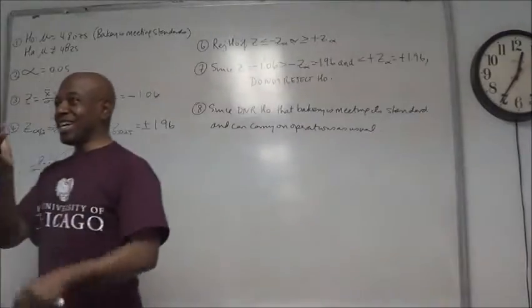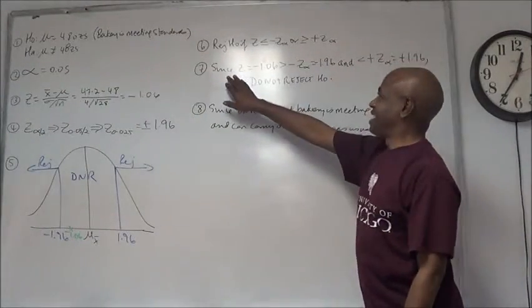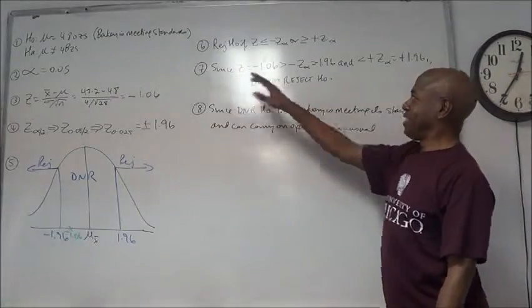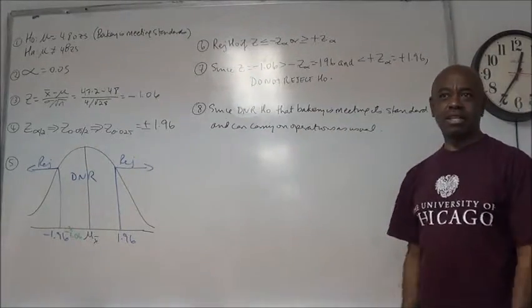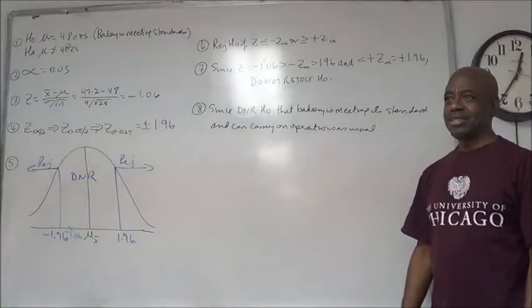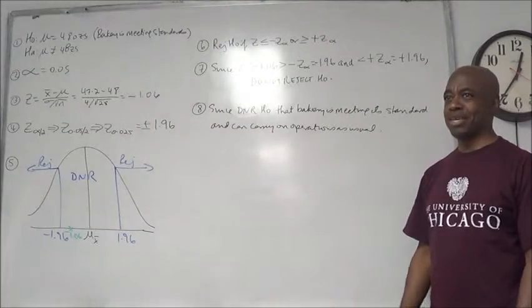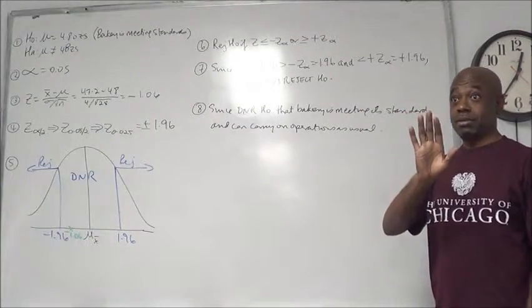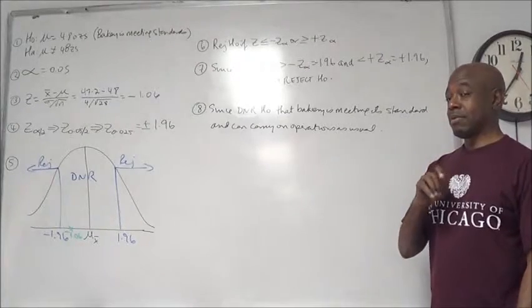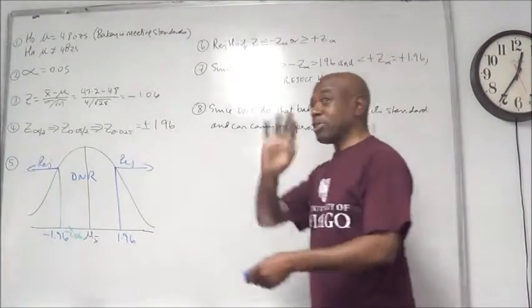Since Z falls in the do not reject region, do not reject it. Are we doing a singular sign? As a statistician, we should say, "do not reject," but it would be right. You can say it ain't sexy, but you can see that.